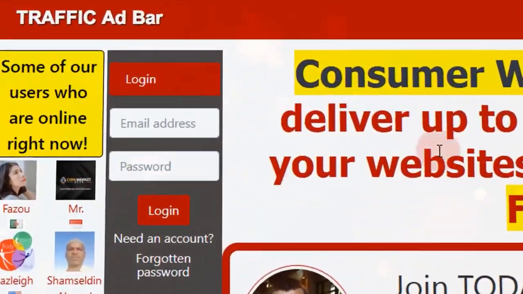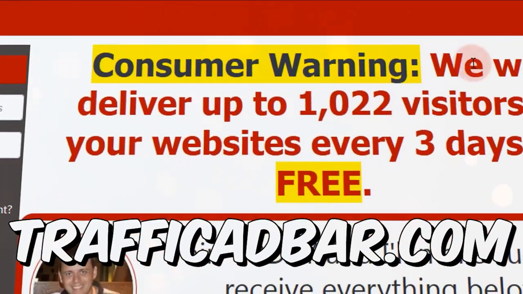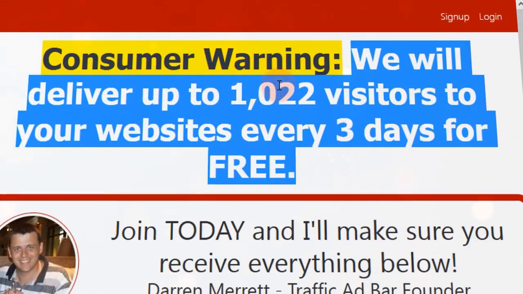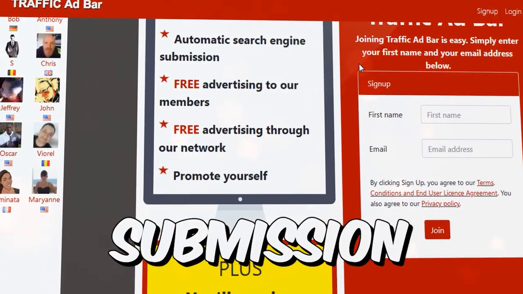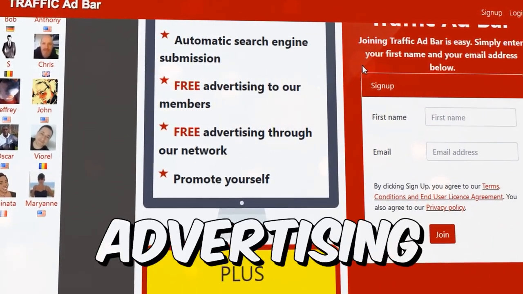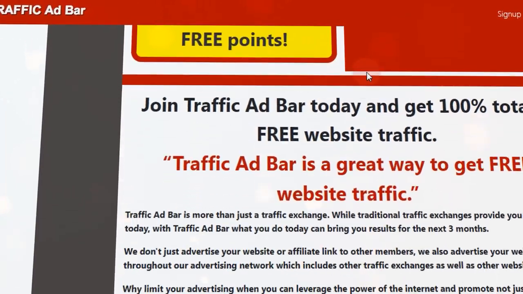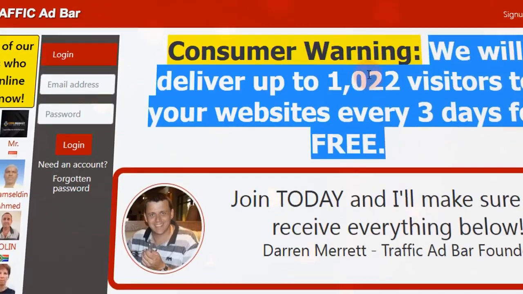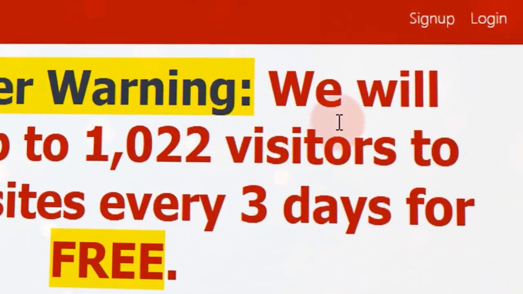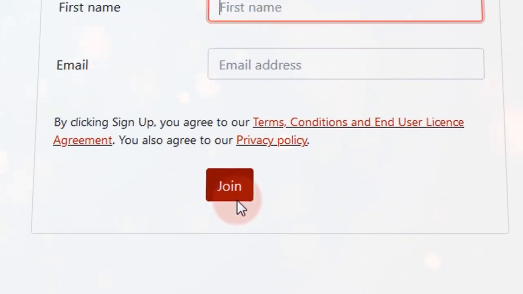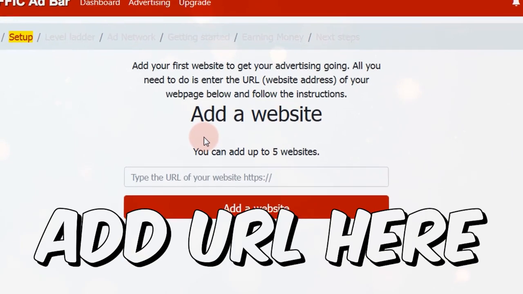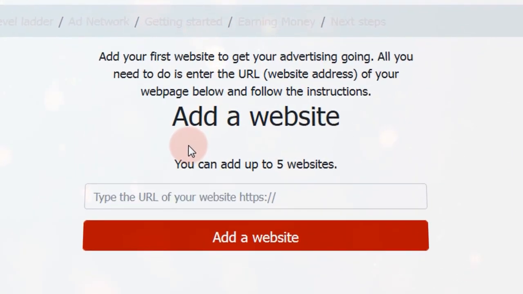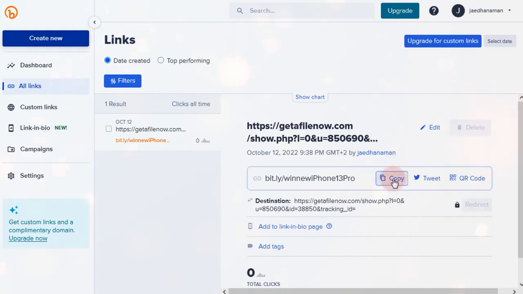The website you will use is called trafficadbar.com. On this website, you can get free website traffic, and automatic search engine submission to help you rank your websites, plus free advertising. This website is very easy to use. First, you need to create a free account. So click on this button right here. Once you have created your free account, you will be taken to this page, where you need to add a website URL right here. This is where you will need to paste the shortened link that we created earlier on,